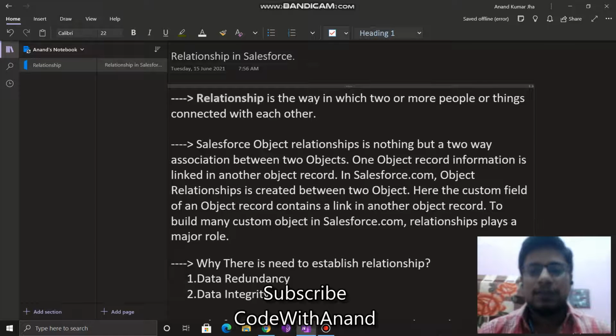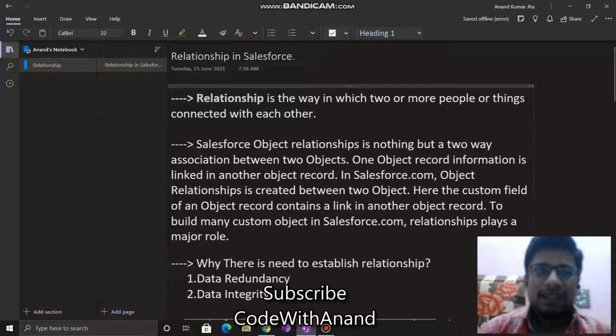One object's information is linked to another object, and in Salesforce, a relationship is created between two or more objects, and hence a custom field of an object contains links to other objects. In a relational database there is a relationship between foreign key and primary key. A similar concept is applied here also.